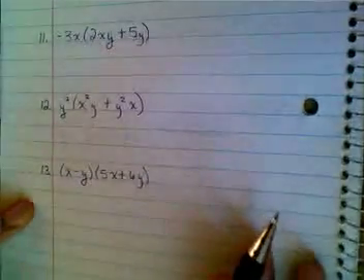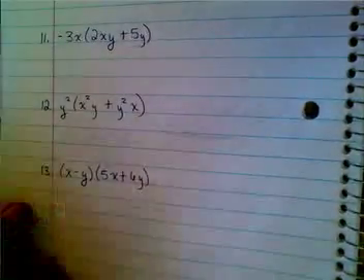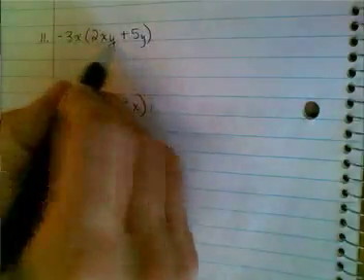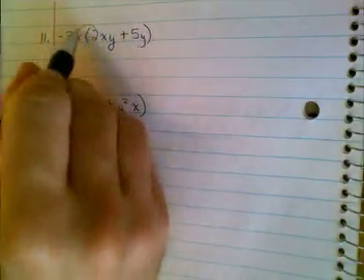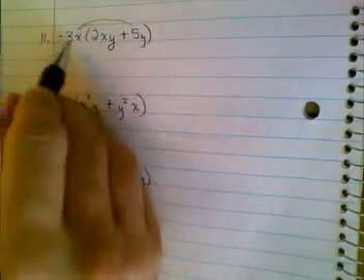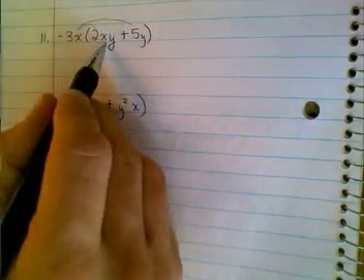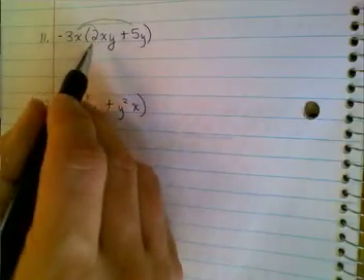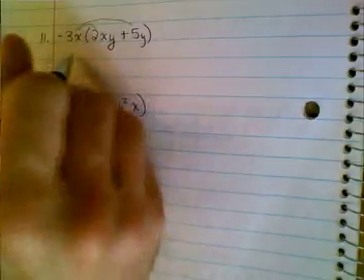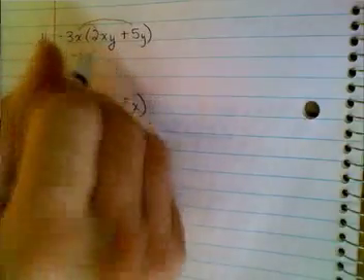Okay, number 11. Again, you have these two different variables, x and y, in the same problem, but it's just a distribution problem where you take the negative 3x and you distribute it through. Just remember that whenever you multiply the x's together, you're going to have to add their exponents. So negative 6x squared y